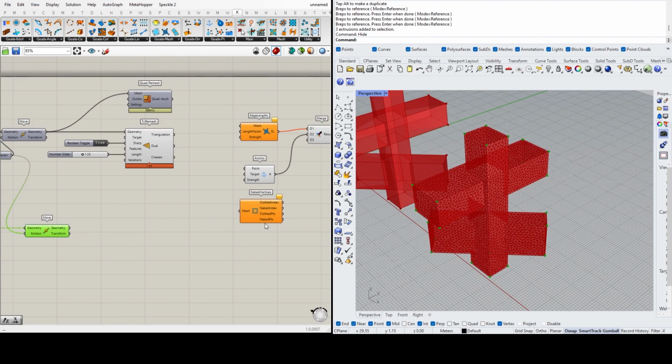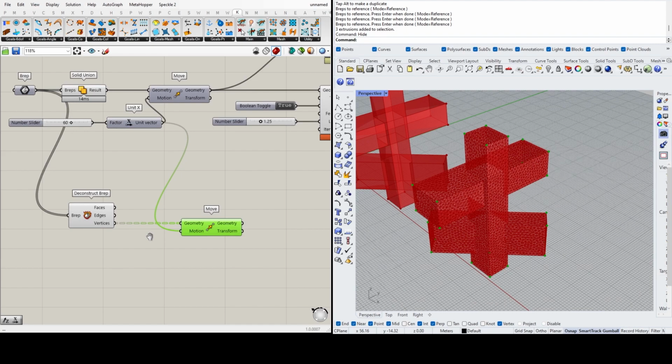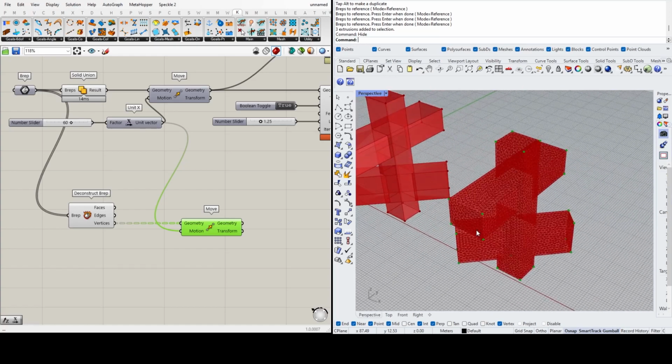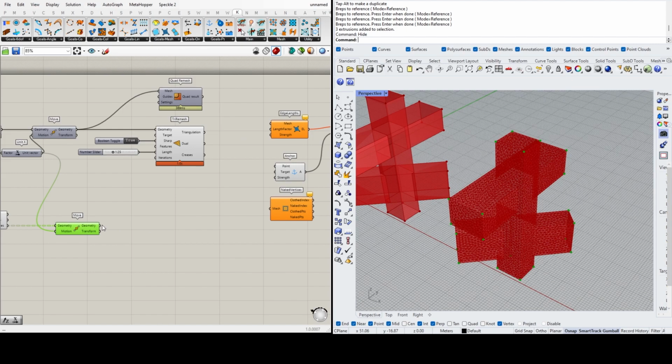So this gives us the vertices from this Brep, and we will for now put this into the points,